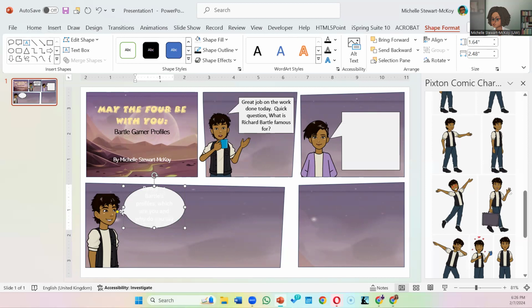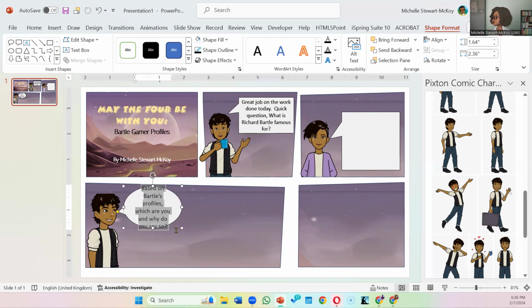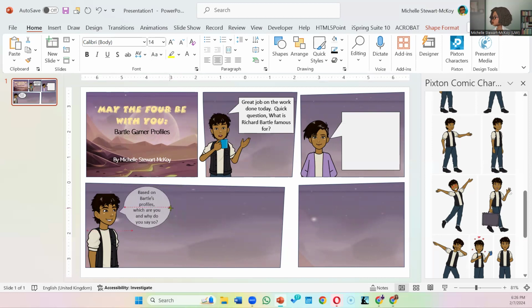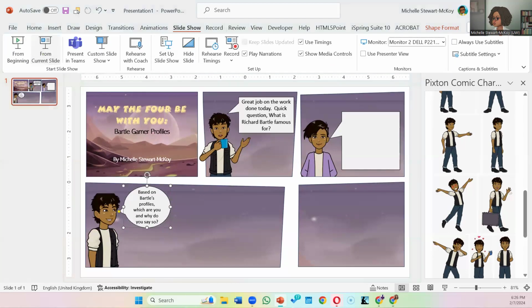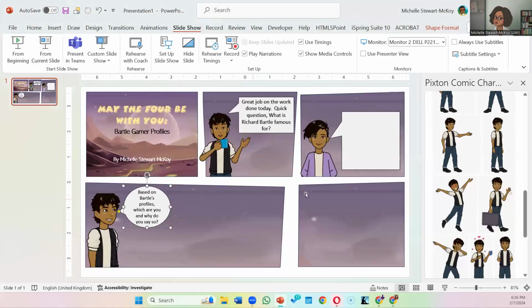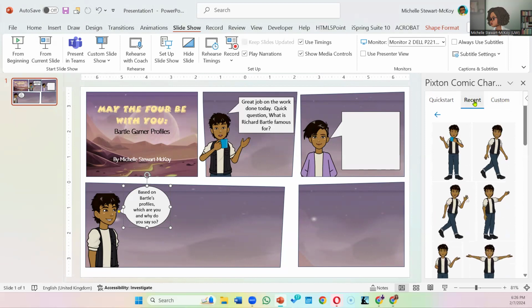Again, I have to change the color of the text, and I can probably make that a little smaller. So I'll make the text a little smaller, 18, probably make it 14. 14 should work quite all right. But if you're unsure, just do a preview. Yes, 14 is decent. And so we will scroll back up to Pixton, go to recent,